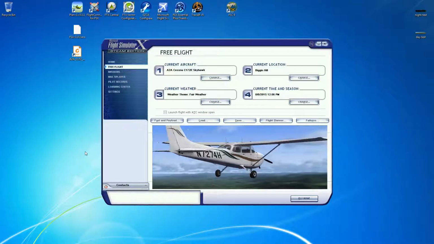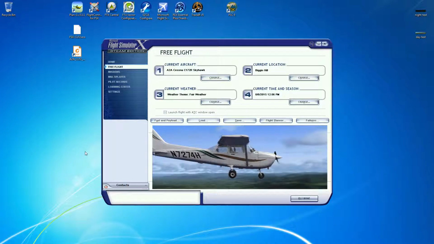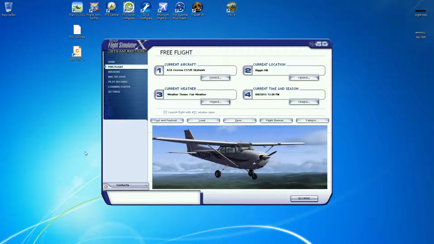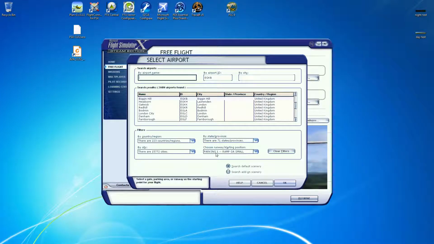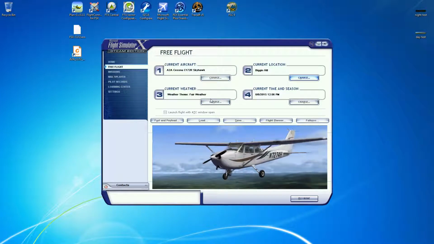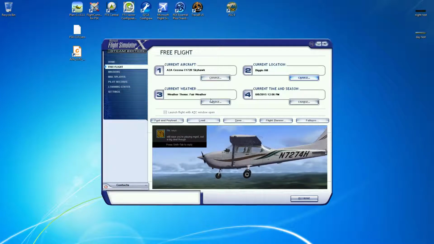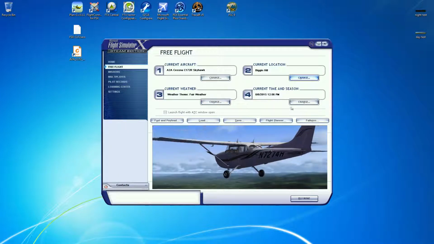We're going to be flying the A2A Cessna 172 trainer, which is my favorite aircraft in FSX currently. We're going to be starting at Biggin Hill, at parking 1, the general aviation parking slot. I'm still really new to this, and this is my first actual GPS flight, so I'm going to be playing in fair weather and during the day,